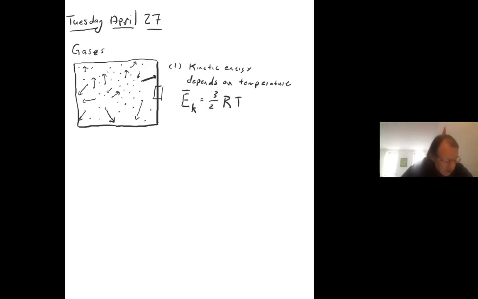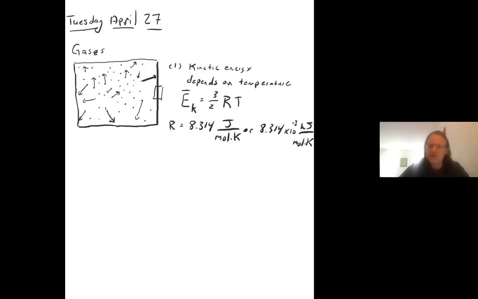Interesting. Very simple equation. And the R is the gas constant, 8.314 joules per mole K. So typically, we don't use the 0.082057 for this equation. Anytime we're dealing with energy units, we want to use the 8.314, or you could do it in kilojoules, times 10 to the minus 3 kilojoules per mole Kelvin. So sometimes you'll see it that way too. Either one is fine, as long as it's got joules in there somewhere, okay?